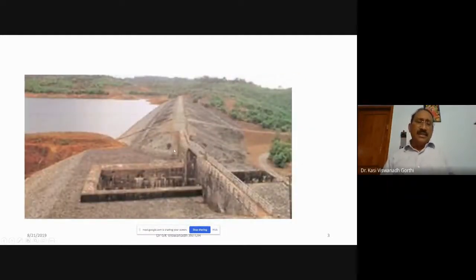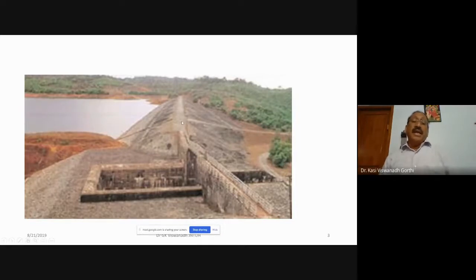You can see here another earth dam which is constructed just like a bund obstructing the flow. So this is all formation of a reservoir by constructing an earth dam. If you see from the top view of this earth dam, you may note one important feature: you have the top width for the earth dam. Apart from this top width, you have the upstream slope as well as the downstream slope. Both are available here.